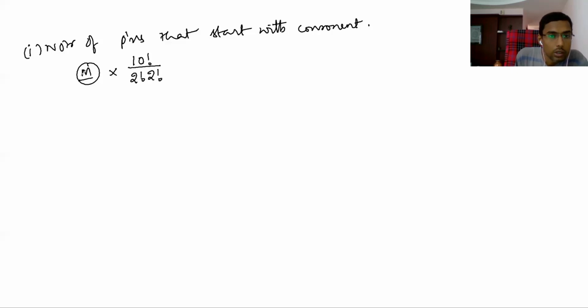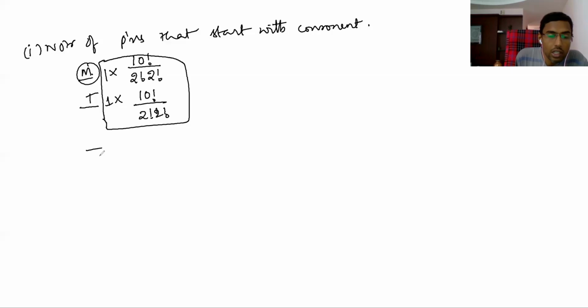This is 1. So if you arrange M, or even if you arrange T, if you arrange 1 T here, one more T will be there, but 2 M's and 2 E's will be there. 10 factorial by 2 factorial into 2 factorial. Okay, this is one way. This is what, if starting with the consonant.